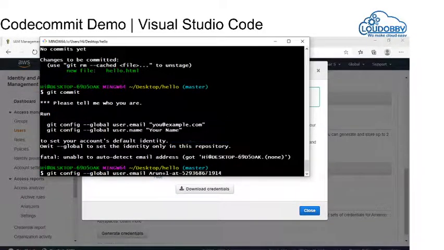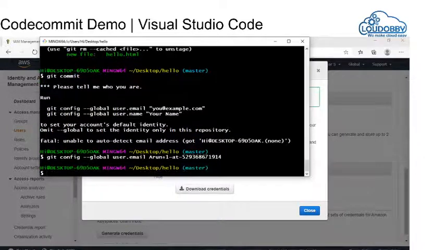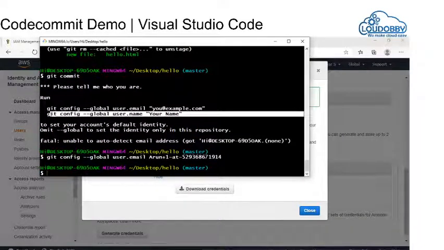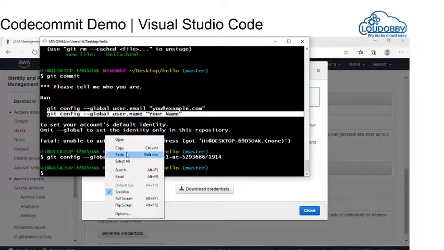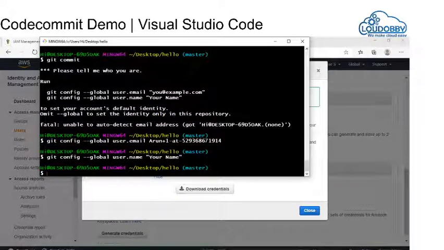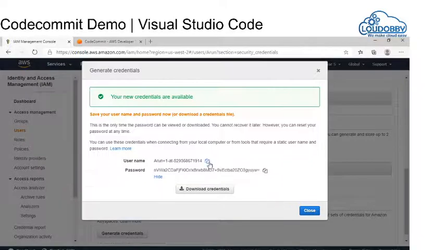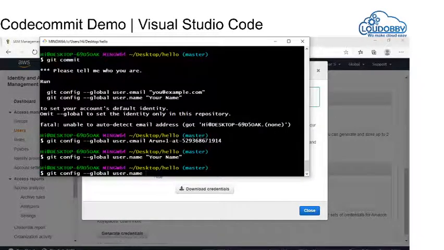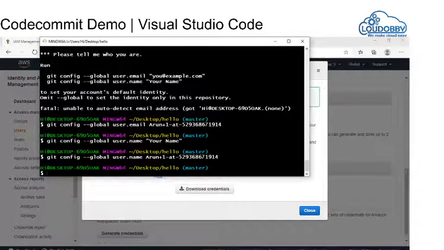If you set it one time, every time it won't ask for the username and password. So this is called global configuration in Git. Sorry, this username should be changed. Oh, I already set the username. Okay, now we will try git commit.